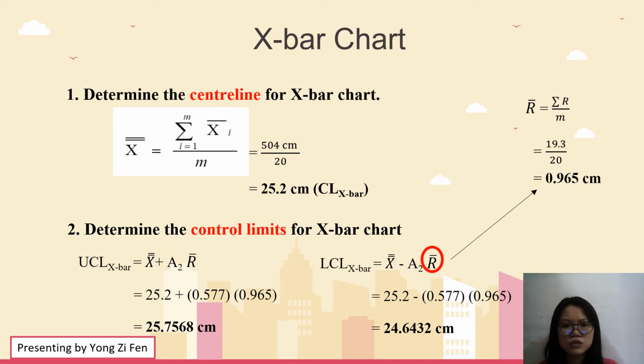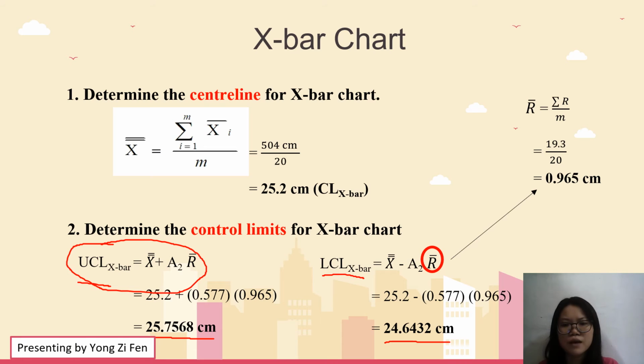Well, the second one is used to determine the control limits for the x bar chart. The control limits are divided into two types, which are the upper control limit and also the lower control limit. The upper control limit formula equals x double bar plus A2 times R bar, and the value we get is 25.7568 cm. The lower control limit equals x double bar minus A2 times R bar, and the value we get is